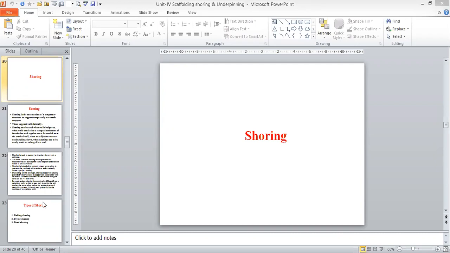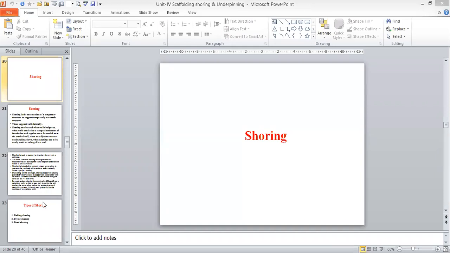Then the next one is called the truss scaffolding. Truss scaffolding is for moderate heights. It is available ready-made for 3 to 5 meters height. There is no need to go for single, double or cantilever scaffolding, and we can make use of it for repairing purposes. Looking like a ladder, that is called a truss scaffolding. We can use it for smaller heights, and repair works are carried out using the truss scaffolding.